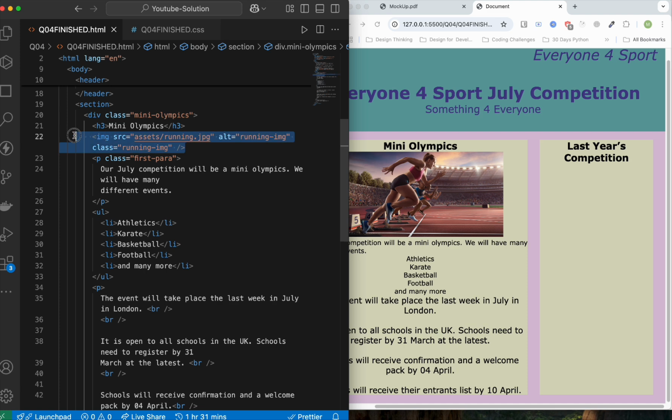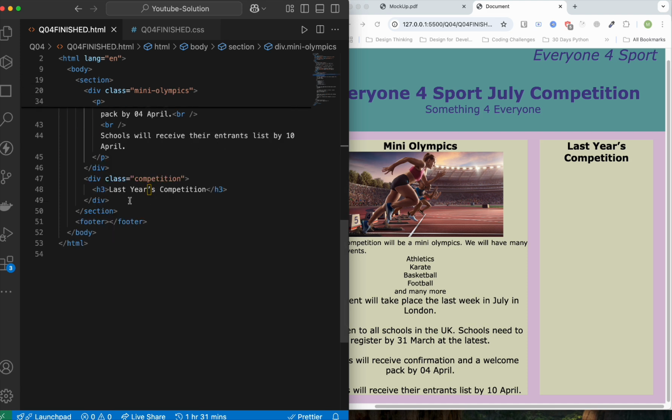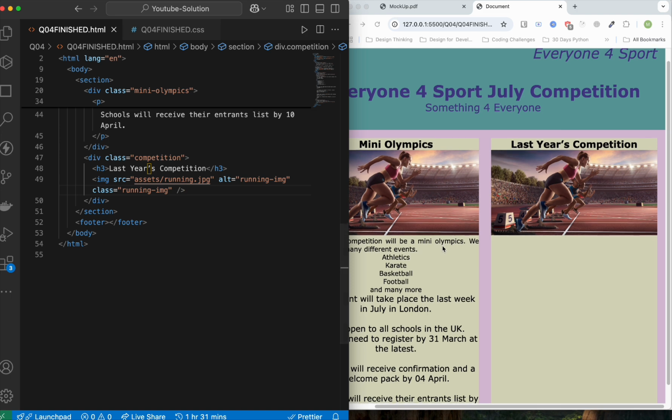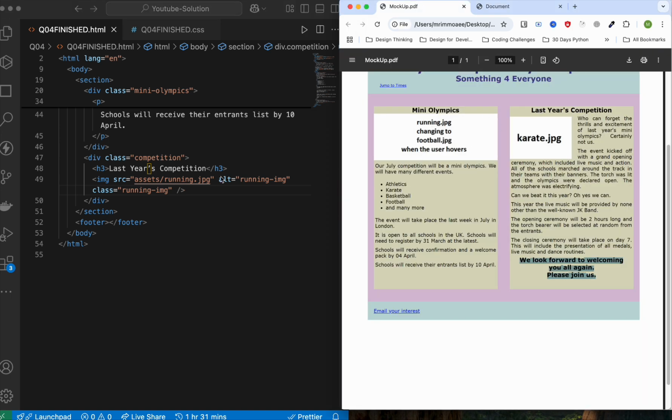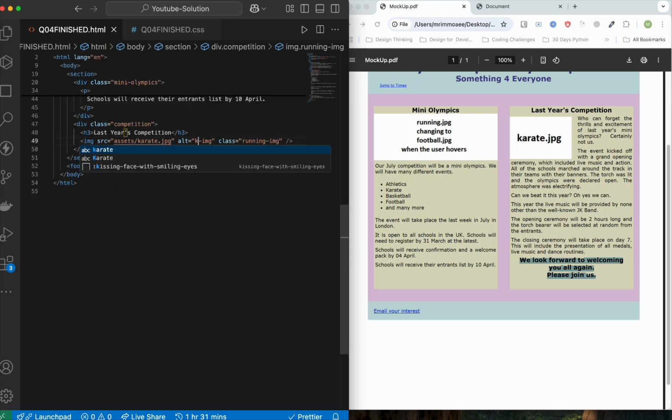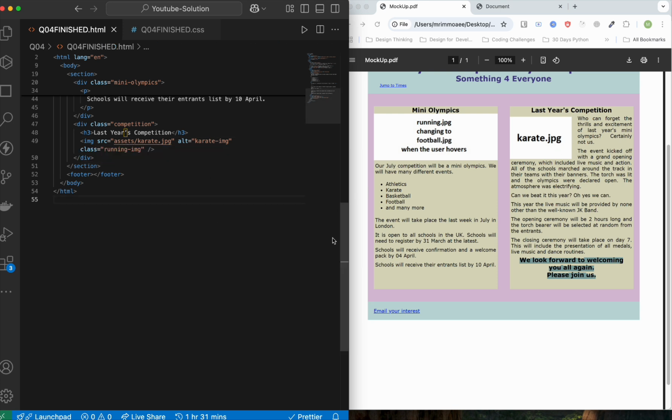So we will just copy that one, copy this one, and then we will start to work here now. In this particular part, the image is called karate, is it? So just remove that one, and karate.jpg. So here just add karate images is there. Then